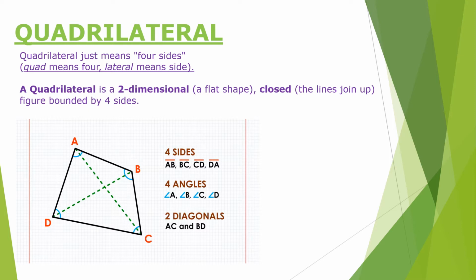There are four sides, four angles, two diagonals. So these four sides, four angles and two diagonals together are called the elements of the quadrilateral. How many elements are there in the quadrilateral? Totally there are 10 elements in a quadrilateral. Which are they? The four sides, four angles and two diagonals of the quadrilateral. Every quadrilateral has 10 elements: four sides, four angles, two diagonals. And there are four vertices also.